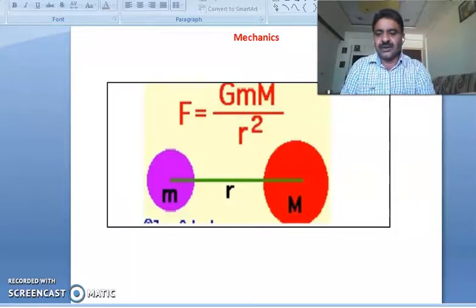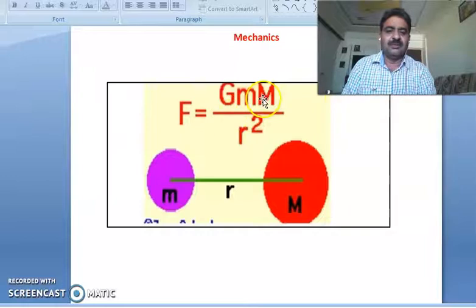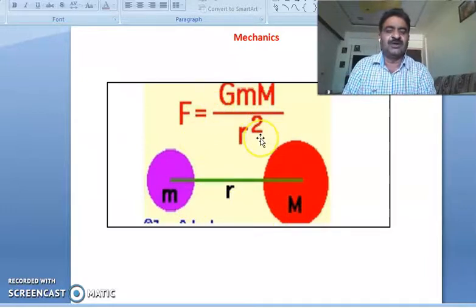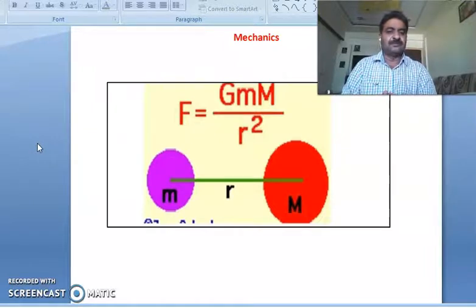Yes, we have seen the relation between force and the masses of the two bodies and the distance between their centers. That is F is equal to G m M upon R square, where capital G is Newton's universal gravitational constant, and its value is fixed irrespective of the shape and size of the body, irrespective of the nature of the object, irrespective of the mass of the object. Whatever may be the mass, size, or nature of the object,